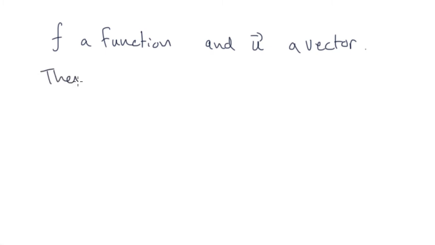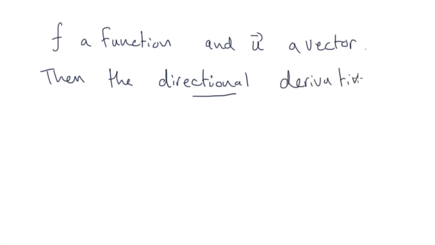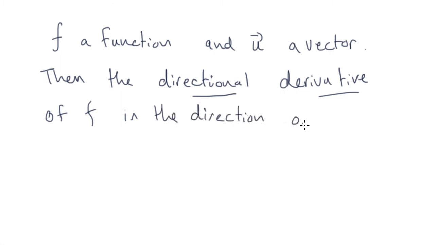Then we define what's called the directional derivative of f in the direction of u as follows. Of course, we're going to assume that f is differentiable at the point where we're defining this,